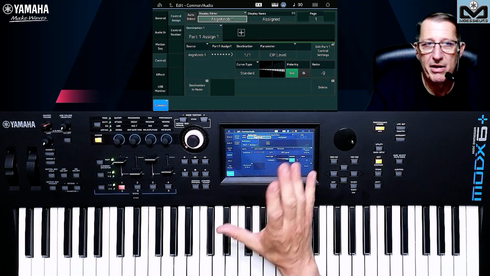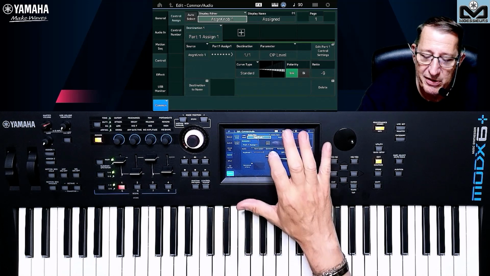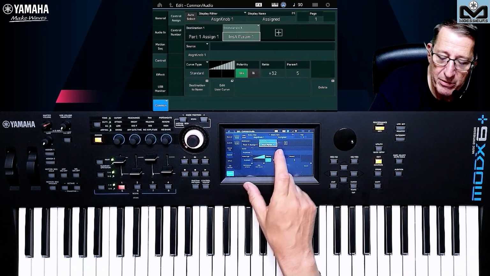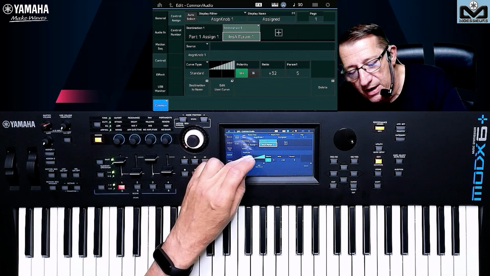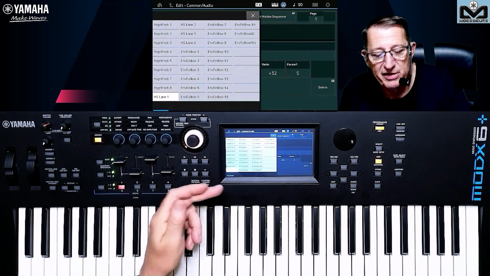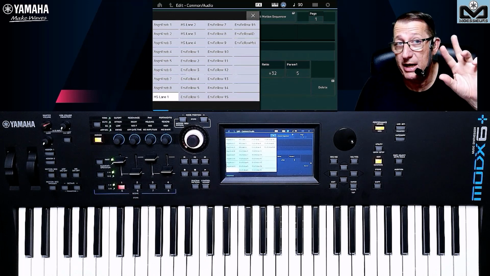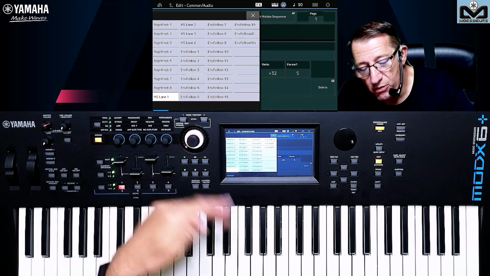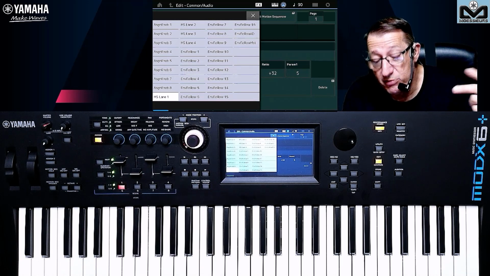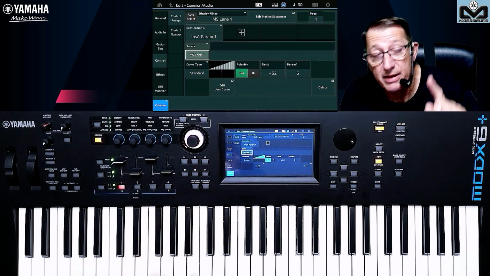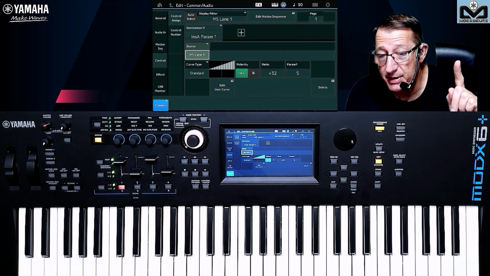So if you want to do something at command level for the motion sequencer, you press plus, for example. And here you see it's assignable knob 1, you have a destination. So you press here on the first one, you see it is motion sequencer lane 1. You have 4 lanes, like you have on the part. I will explain just after why 4 and how we can use it and how many we can use at the same time. So let's go to the motion sequencer lane 1 command for command level.